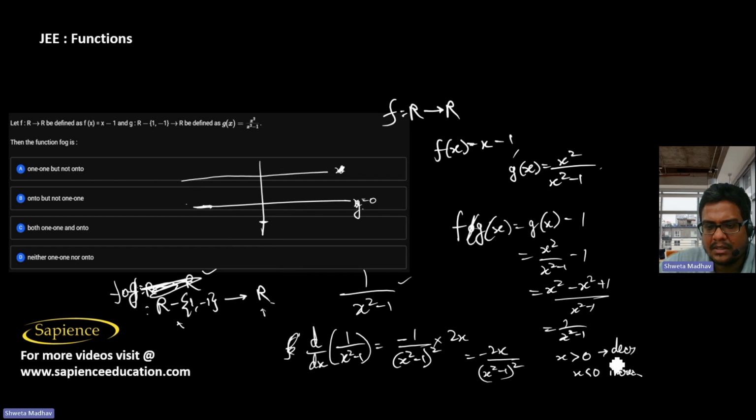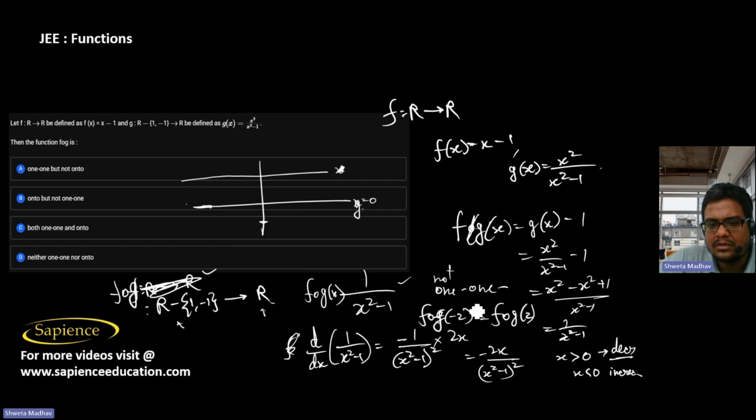So it is decreasing for x greater than 0, and it is increasing for x less than 0. So it means that it is not 1-1. Since, for example, f of minus 2 is also f of g of x, f of g of minus 2 will be equal to f of g of 2. So it is not 1-1, and it is not onto also, since y